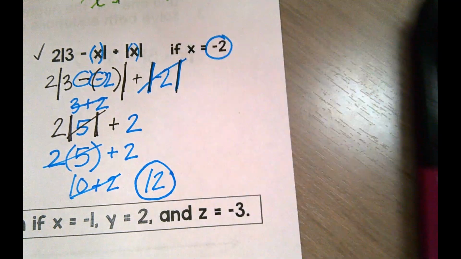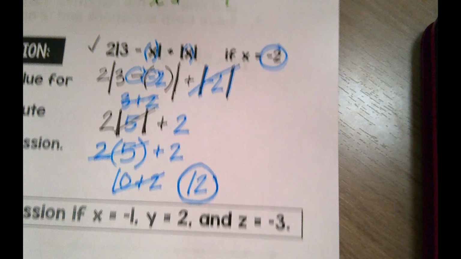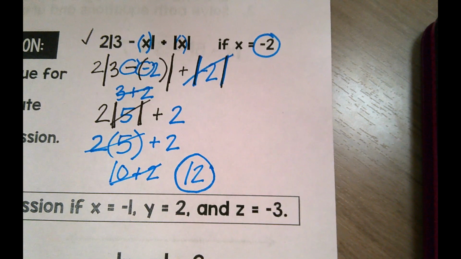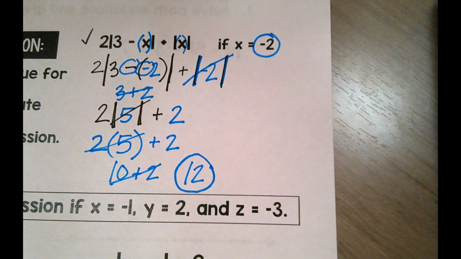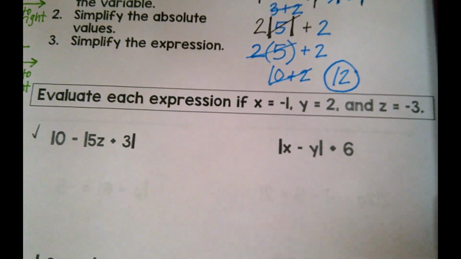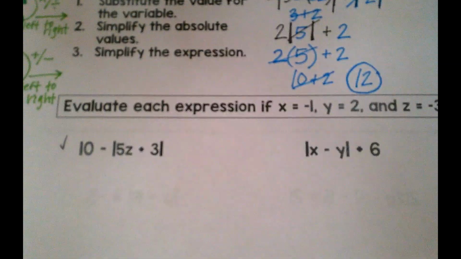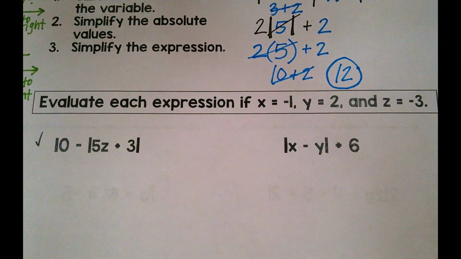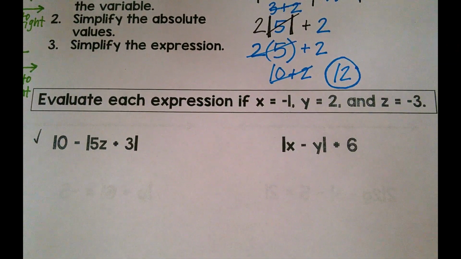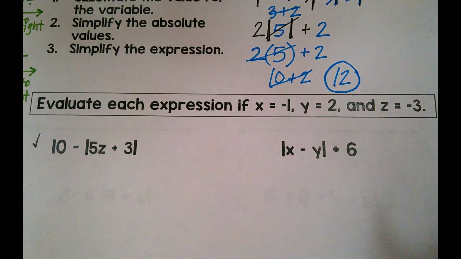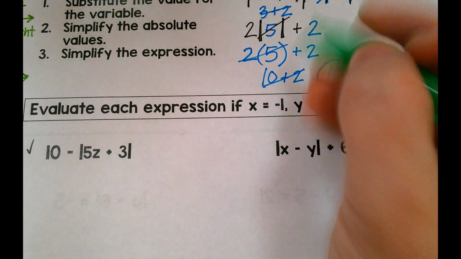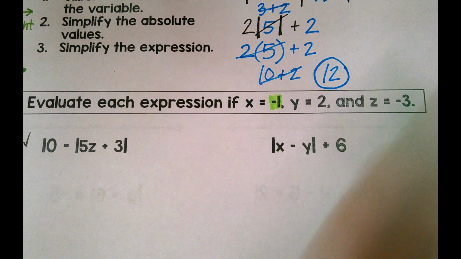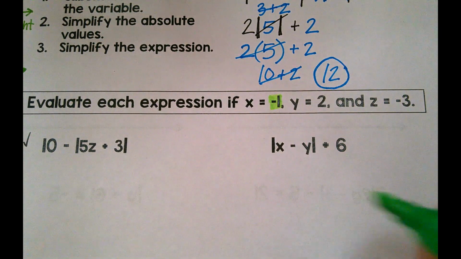Okay, so let's go ahead and move down to the next section, and we will practice some of these calculator skills with each of these. So I'm going to go down here, and it says evaluate each expression if x equals -1, y equals 2, and z equals -3. So I'm going to do some colors to help me. I'll make x equals